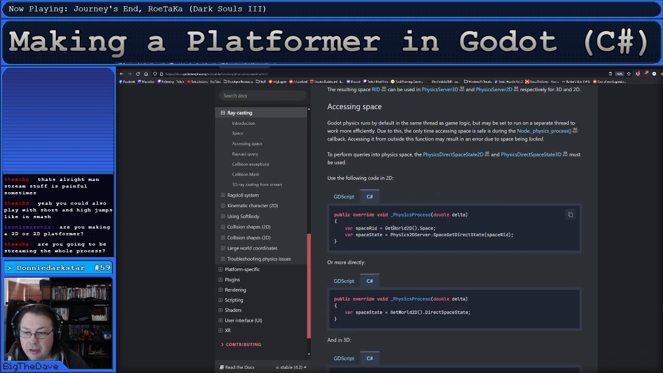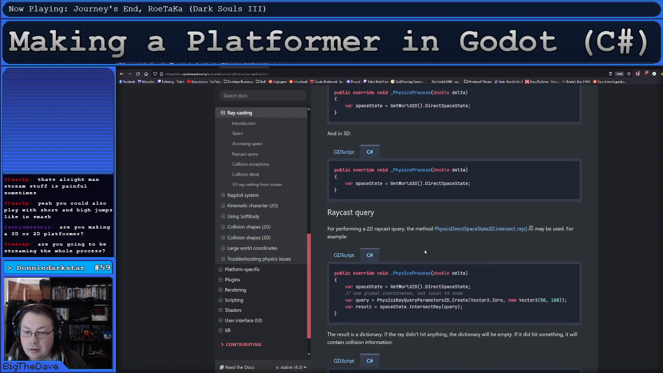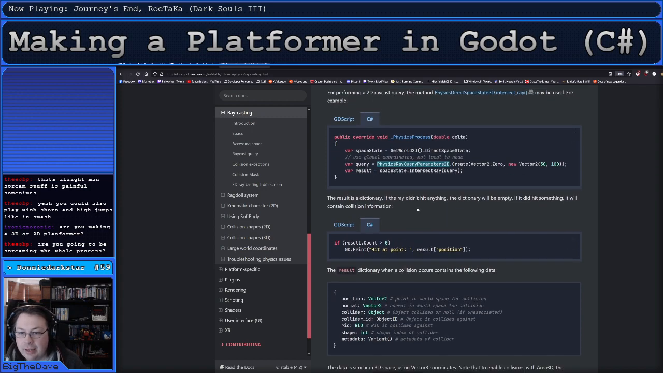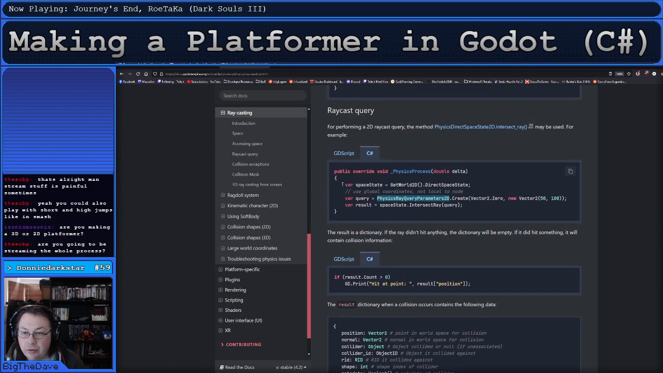Yeah, that's what we do. We need the world space and the space state, and we create physics query parameters. It's a lot more involved than doing it in Unity, I'll say that for a fact. So we are going to